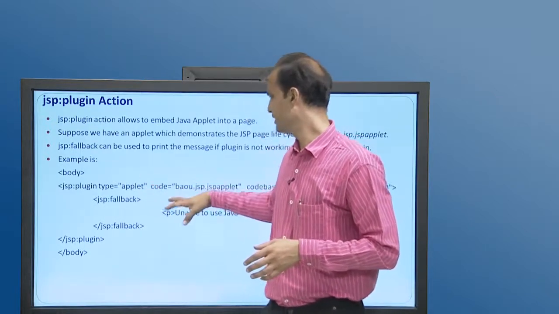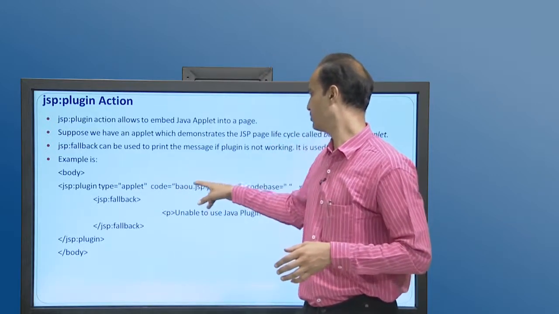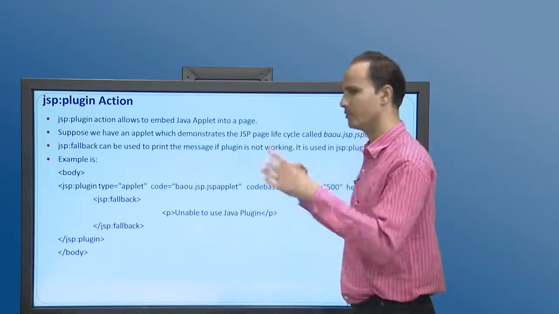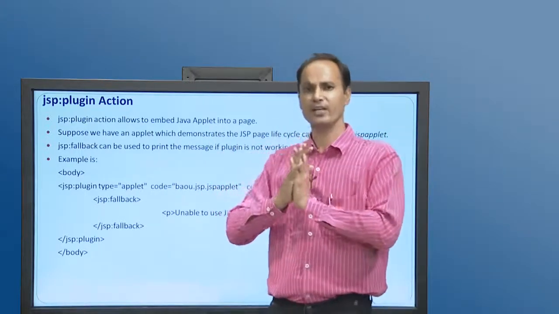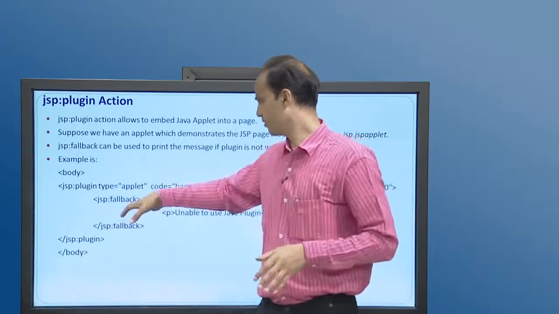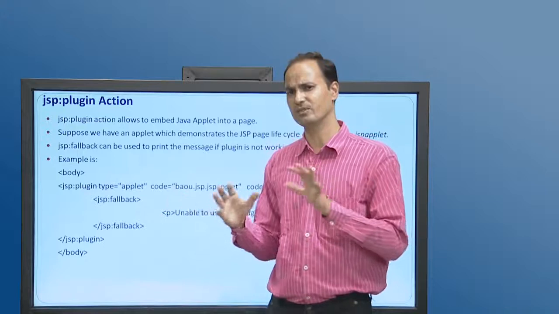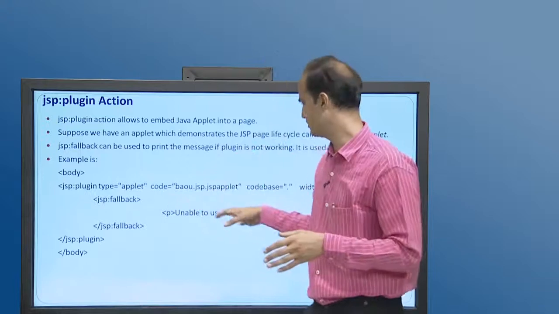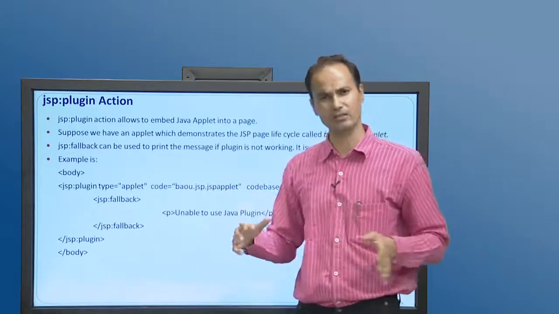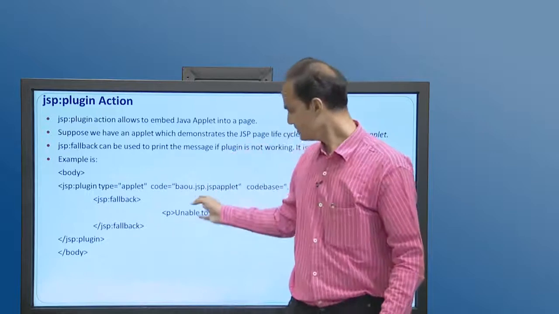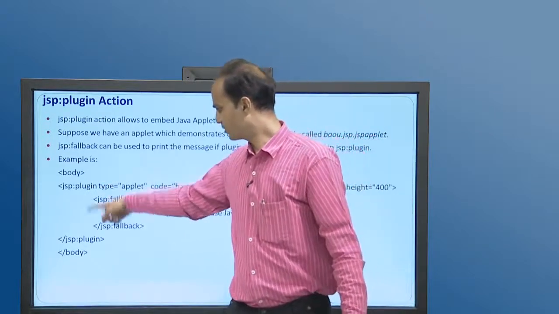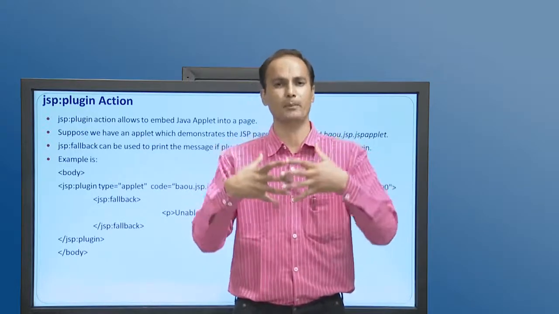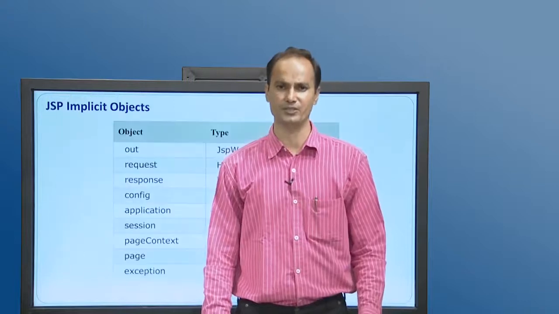So, we are writing applet, the code where the applet is and how you embed it, codebase, the path that you want to specify, and the width and height of the particular control that you want to embed in your JSP file. Then after that, fallback is used as a standard action. If something unexpected happens, such as the plugin not being supported, then a message will be displayed that this is not supported or not going to play. So, fallback is closed, and then the plugin standard action is closed. So, the jsp:plugin standard action helps us to embed applet kind of controls into a JSP page.